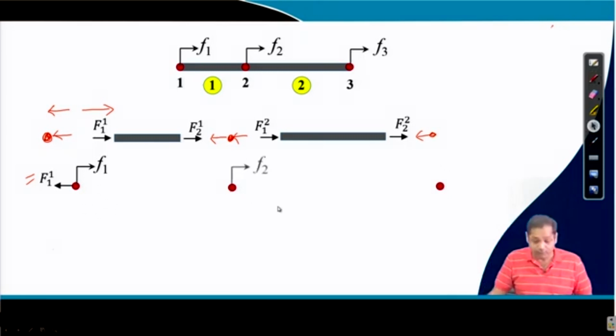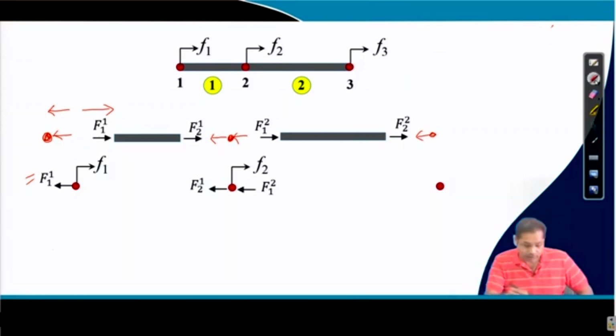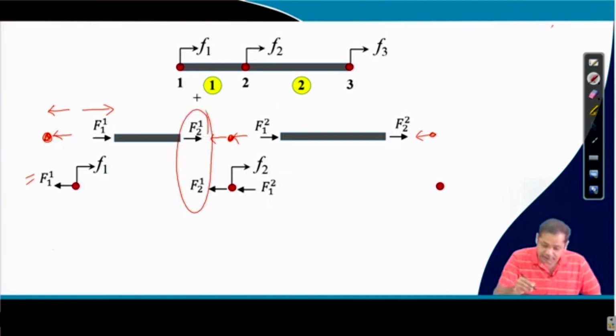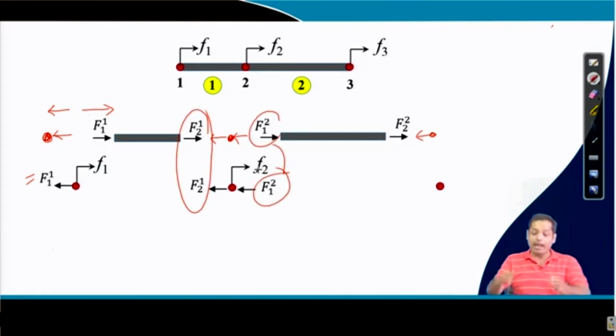You have an external force F2, and then the internal nodal forces are this one. So this and this balance each other, and this and this balance each other. So at that particular point, these two internal forces balance each other. The only force you have is the external force. If there is no external force, then it is